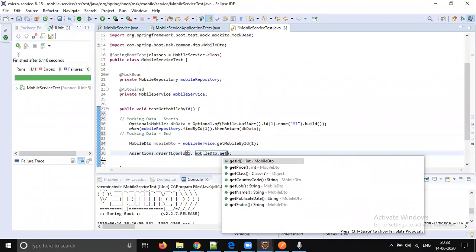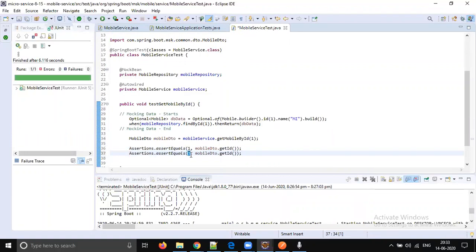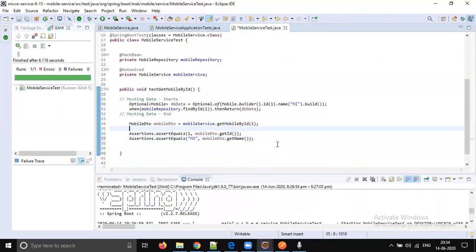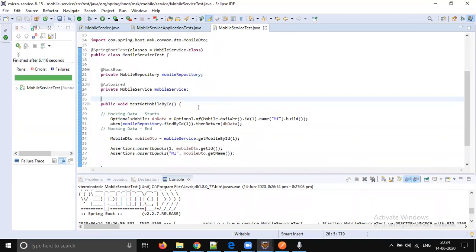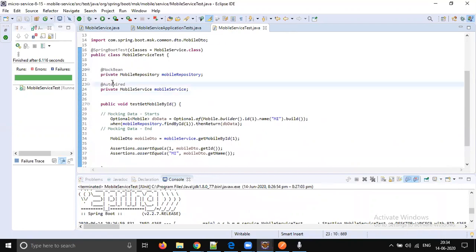Yes. There are so many questions with respect to this unit test. What exactly are we testing? We are passing 1, we are passing a mobile name as MI, and we are again expecting the same thing. Then what exactly are we testing here? I can understand your scenario. I hope till this point it is clear, mocking bean and autowired. Only the confusion is with respect to this section. Now I will ask a couple of questions. You answer those questions, then you will automatically understand what exactly we are testing.